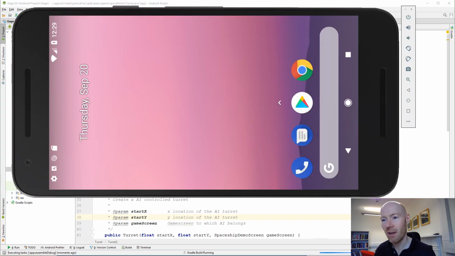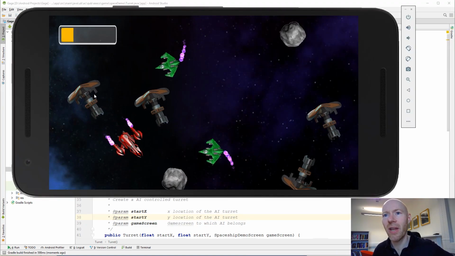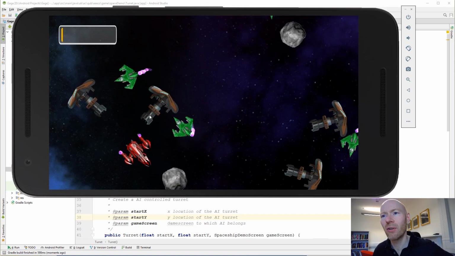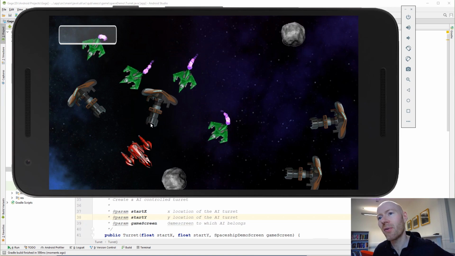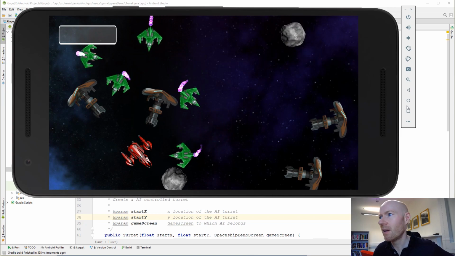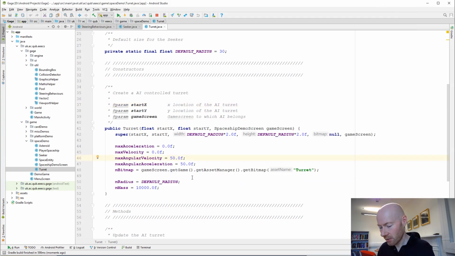So if we run this again, go in, there's two turrets there. So they at the minute are moving around to look. You can see that they overshot a little bit and then they sort of focus in on the player. Now, what we can do is we can tweak these values. So if I said 500 and 500, now that's